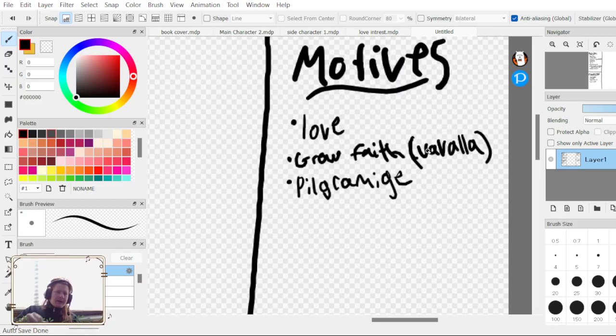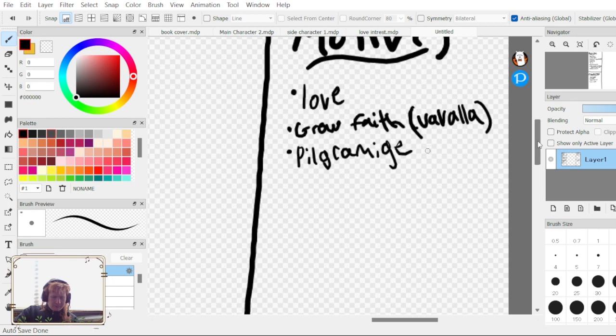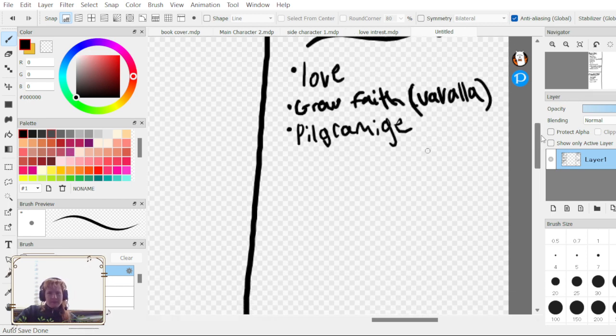I guess that's one thing I didn't necessarily add or think of with the last two characters: their character flaws. Because everyone has to have character flaws to make them interesting. But what are their motives?